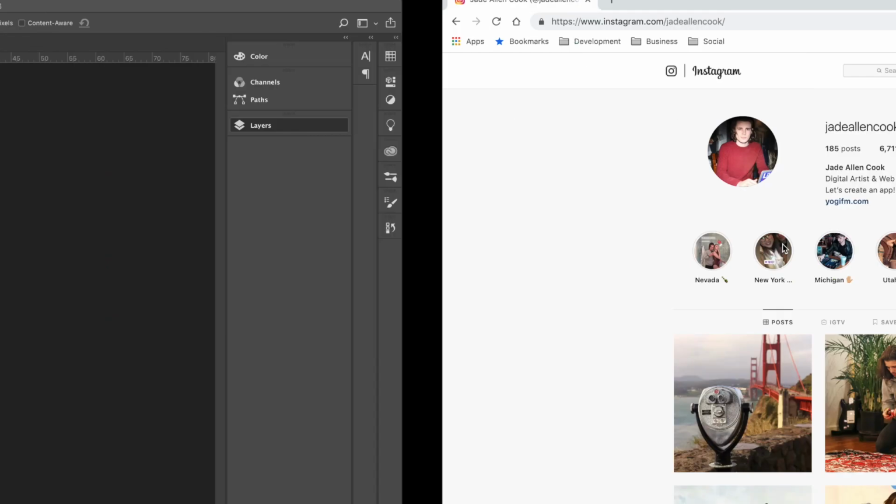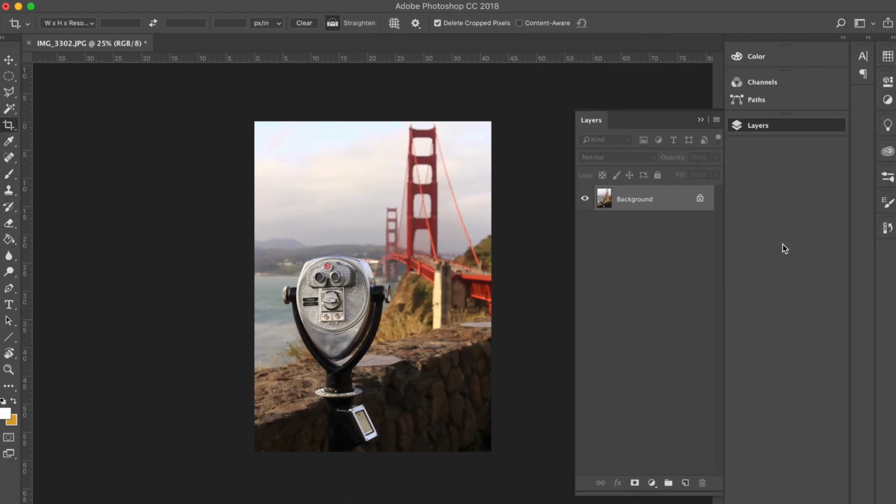Perfect. So the next step is to level everything, to level the lighting of the scene. So you're always going to want to keep your original. You see this one has a lock on it. You're never going to want to edit the original image, even though you're not going to save it, but you're going to be able to reflect back on it, and you're also going to be able to bring back anything